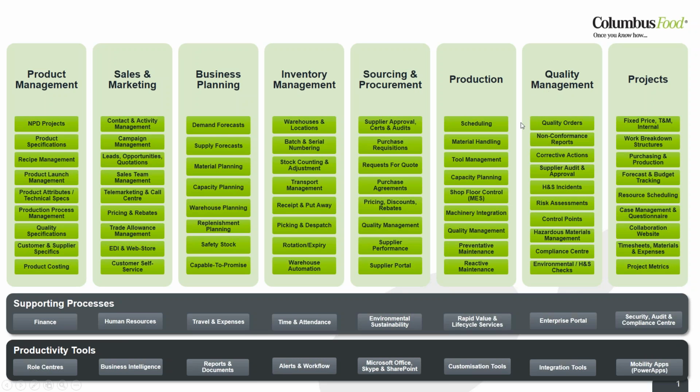If there are quality failures, then we've got non-conformance reporting and we've got corrective actions. You'll see there's a host of other different features within there as well. One that's particularly useful for things like BRC compliance is the Compliance Center as well. Finally, projects, so we do have a project stream as well. This is used for not only NPD projects, but it could be used for any type of project that you